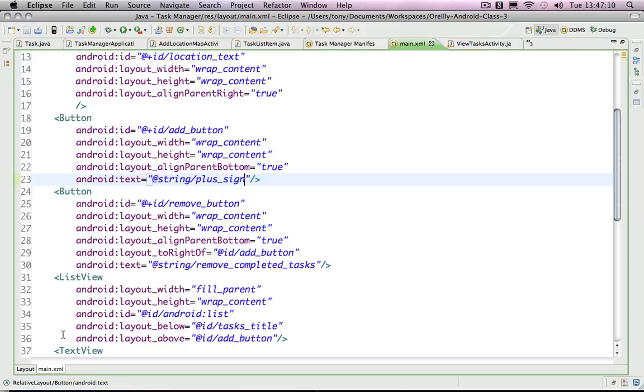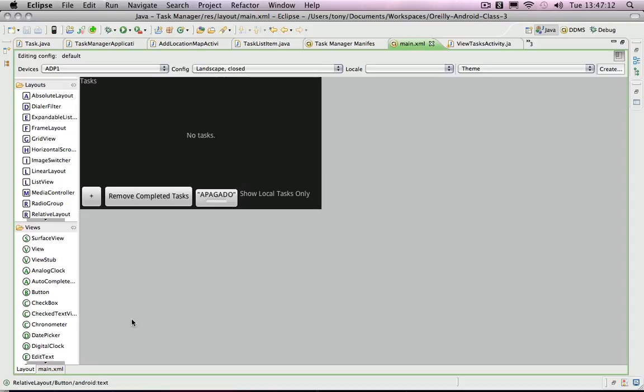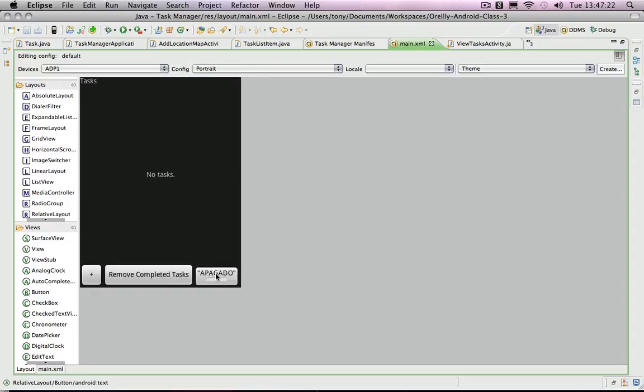And let's look at the layout and see if it actually shows something here. It looks like it's doing some localization there. If I change this to portrait, we don't have quite enough room, but I think when it says on or off, it will actually give us some more room. So in any case, let's get that actually wired up. So if I switch back to